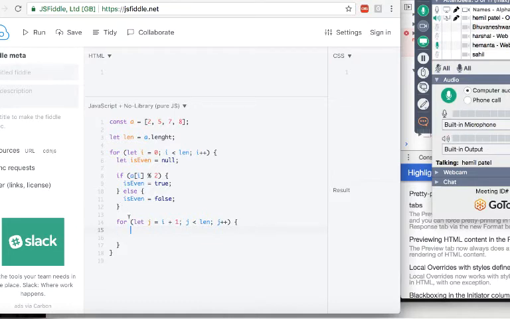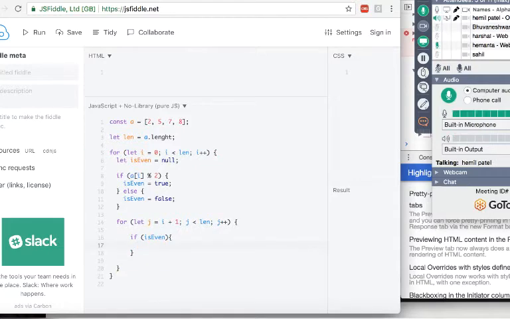So now here I can say if isEven, so if this number is even, I'm looking for odd. Actually, I should just do this one time, only one time. Otherwise, let's just keep it that way. So if it's even,